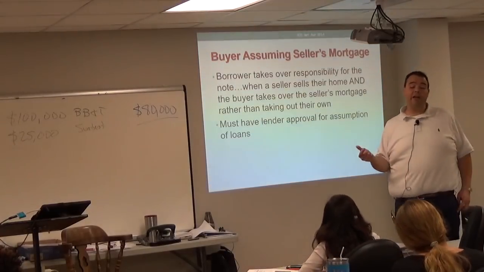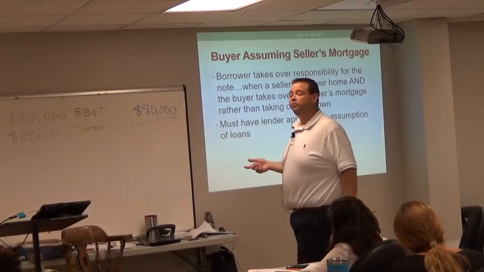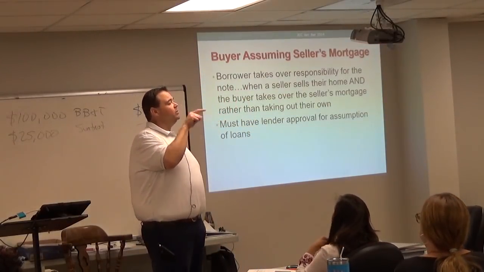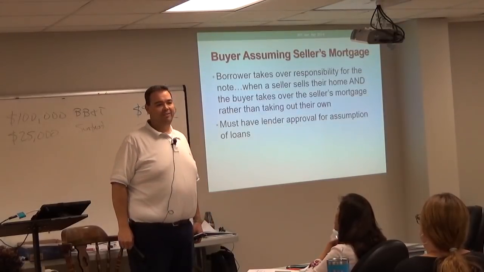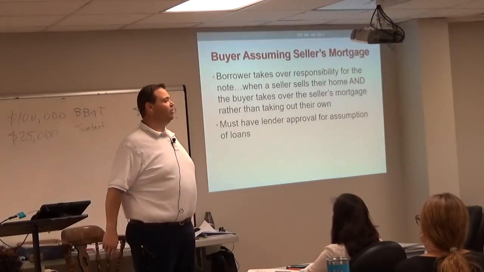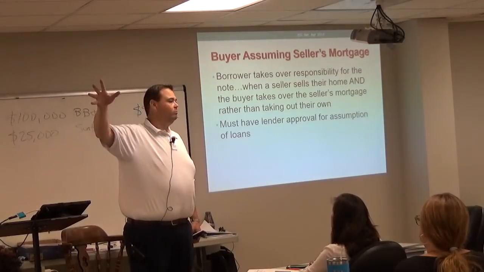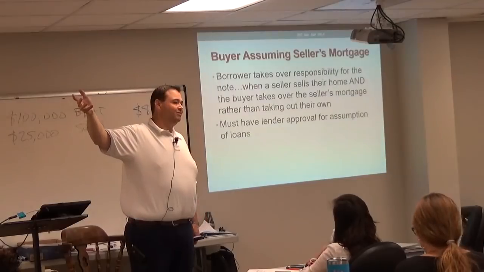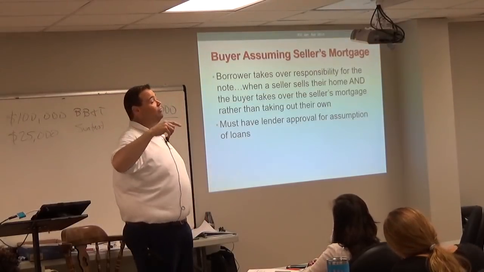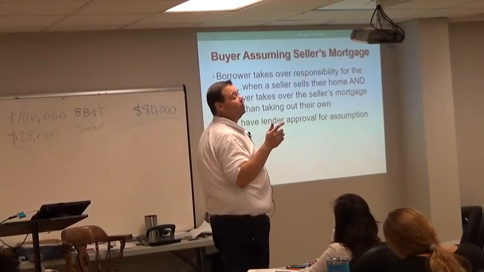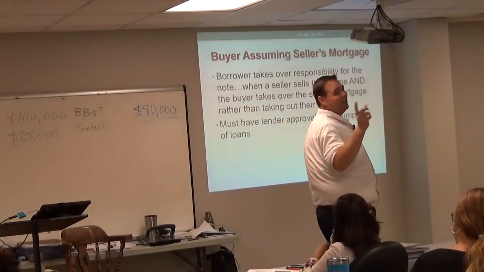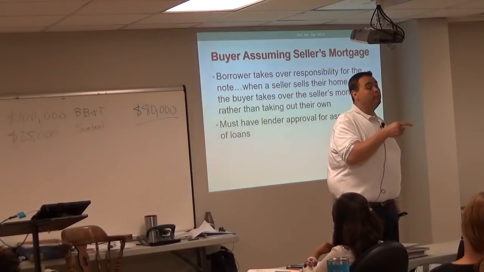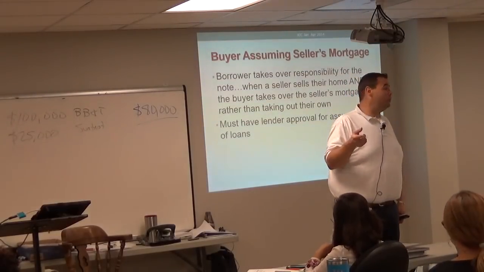Here's what's interesting about that. That's actually good for Kathy, too. Because she can use that as a marketing tool on her property. She can put a sign out in front of her house that says, assumable, low rate, low interest loan. Is that going to generate some more attention? Absolutely. And when people find out that they can buy her house and the house payment will be $125 less a month than buying the house next door, are they more interested in her house? Absolutely.